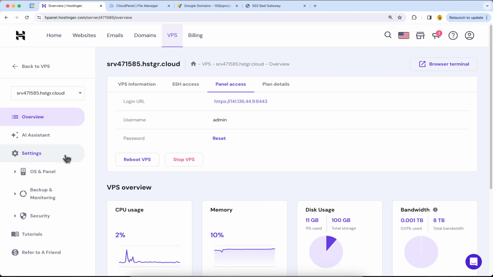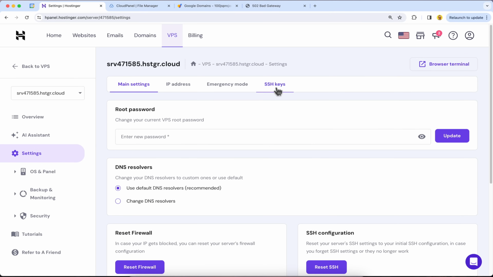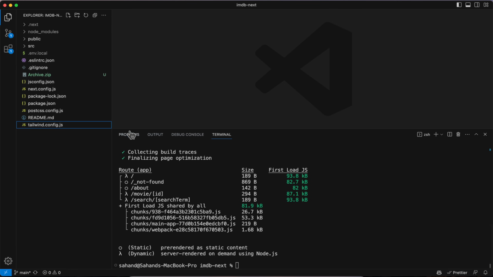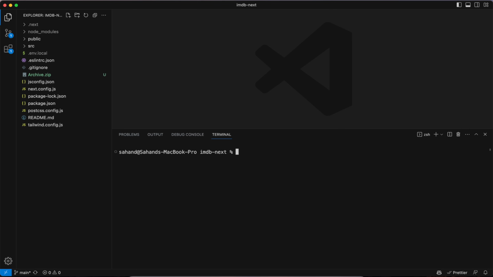And here we're going to go to settings and create an SSH key. I've created one before for my previous practice, so here we want to create a new one. Inside your application, we will need to create it as well. Let me clear this so you can see it. We're going to use ssh-keygen